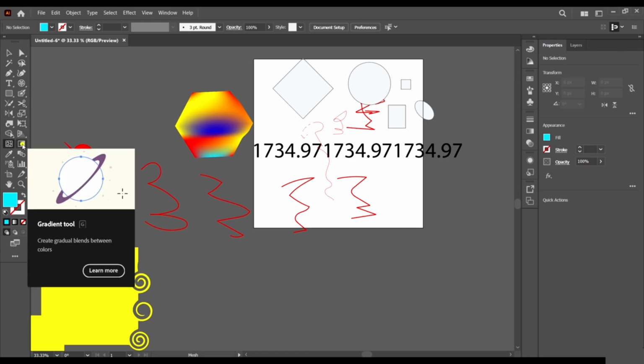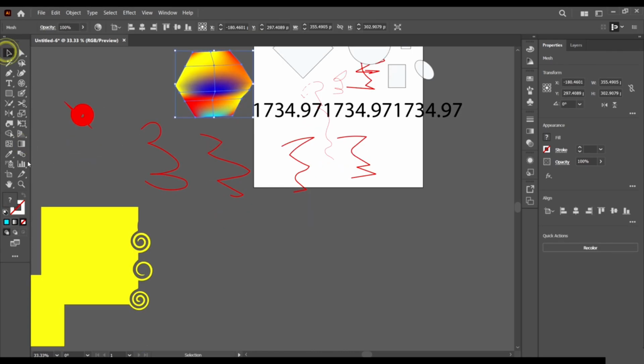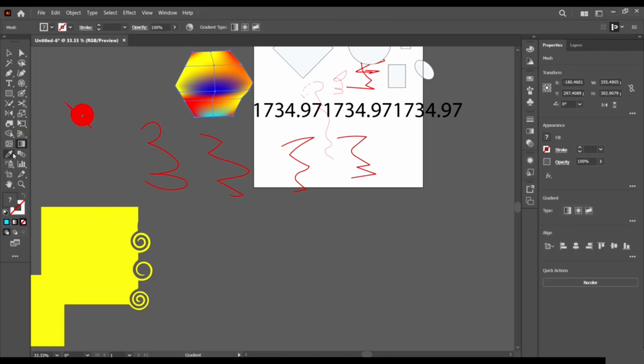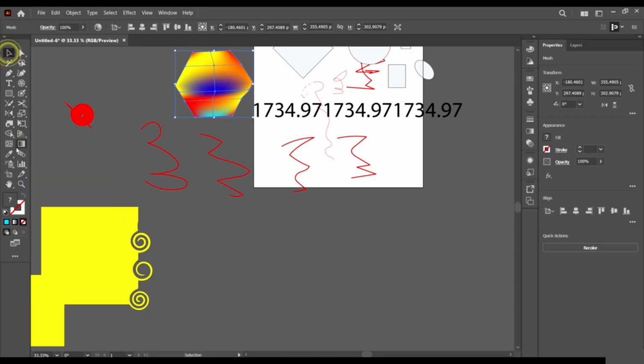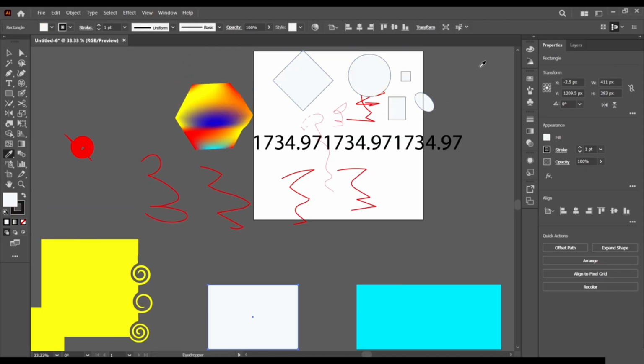We have the gradient tool, which helps us create and edit gradients. We have the eyedropper tool, which helps us choose colors from existing colors. So we can select this guy, select the eyedropper tool, and then select other shapes or colors around, and it's going to adapt to what we've selected.